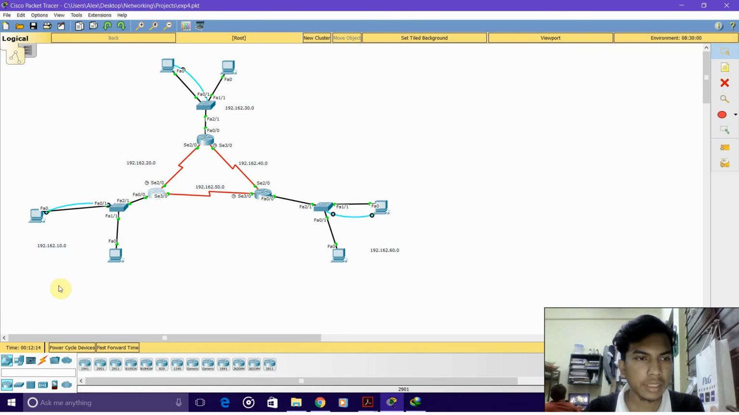that whenever data is transferred from 162.10.0 to 160.30.0, it will go through SE2/0. So if you try sending some message,